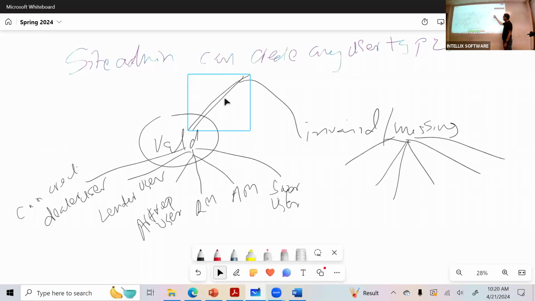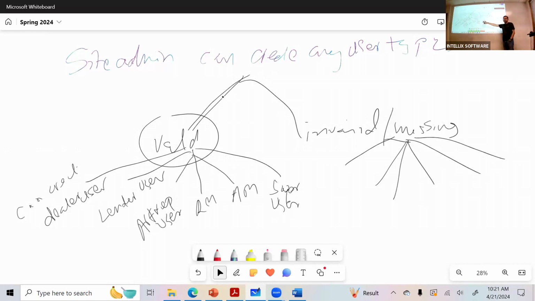And when you say invalid user, I have another 6 scenarios here. I shouldn't be able to create those users. Those are negative scenarios. Does it make sense? Yes. Okay. The requirement is very straightforward. It just talks about how a site administrator can create any type of users, but how do you prove it? This is the process.